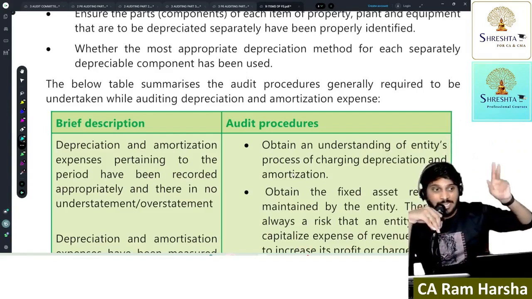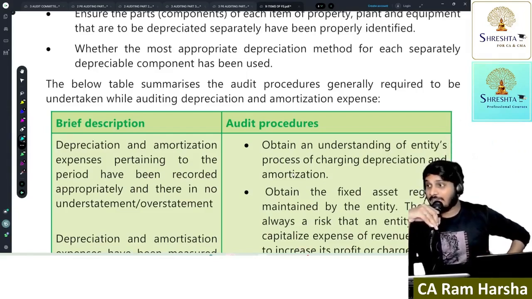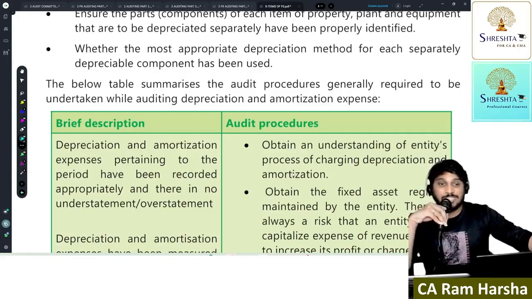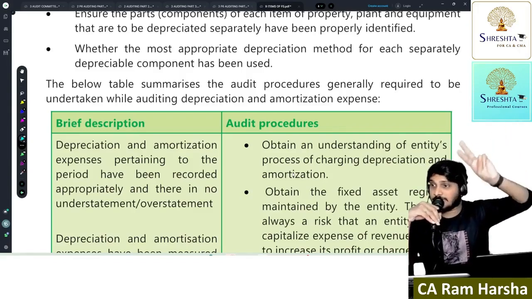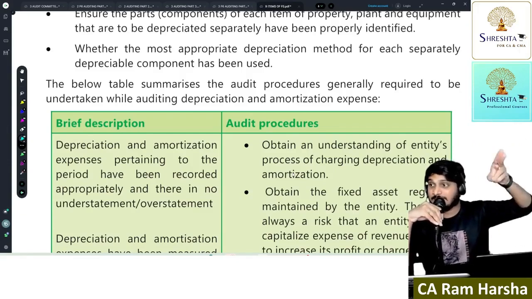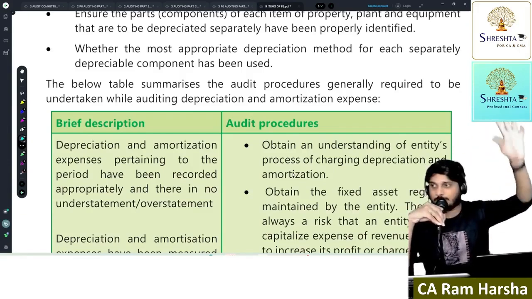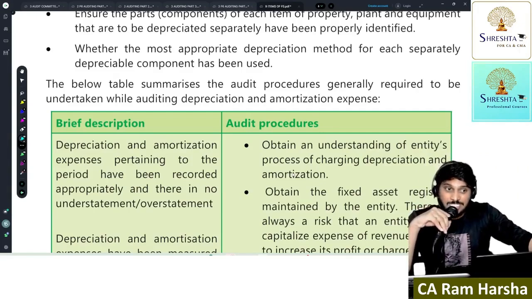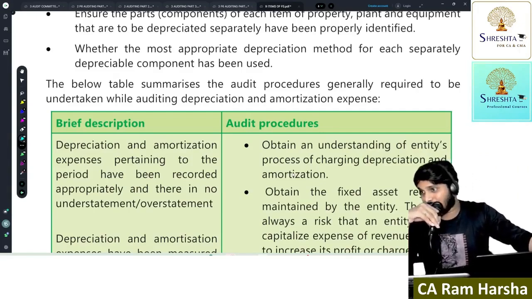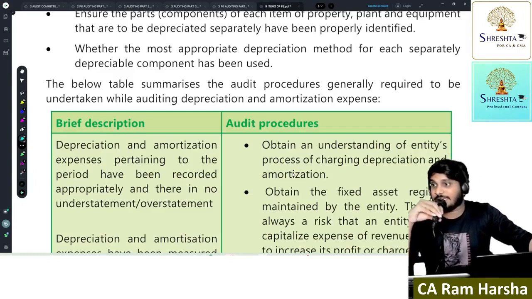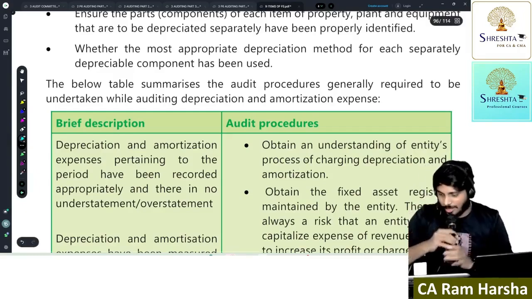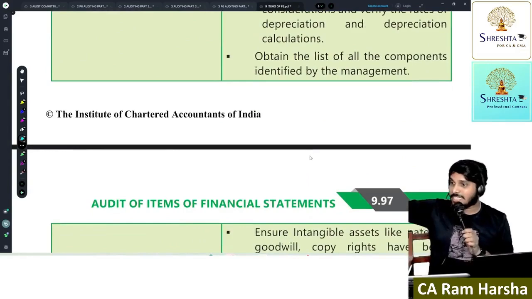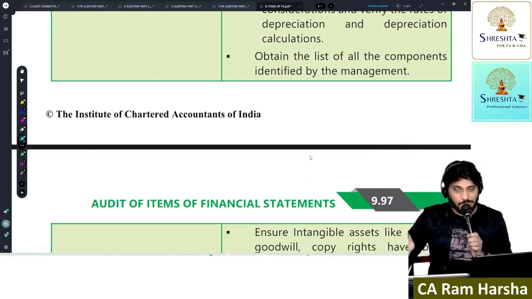See depreciation arithmetical accuracy, whether the calculation is correctly made or not. While calculating depreciation, salvage value has been reduced, yes or no? If it is the WDV method, depreciation shall be calculated only on the closing WDV of the last year. If any asset is revalued, depreciation has been calculated only after revaluation, correct or not? And if there is any change in accounting estimate or useful life, see whether that has been taken into consideration. If any method of depreciation has been changed, whether it has been disclosed properly or not. Look at the fixed asset register and see whether it is recording all the depreciation aspects or not.